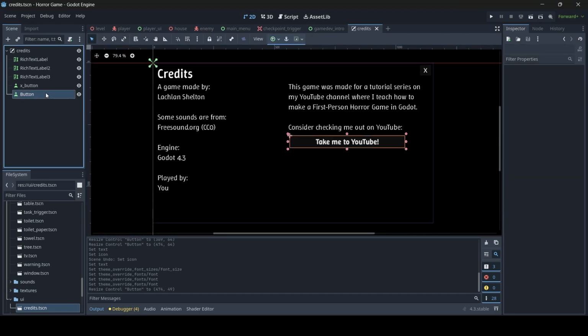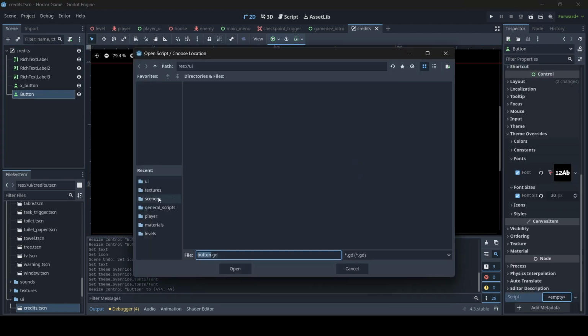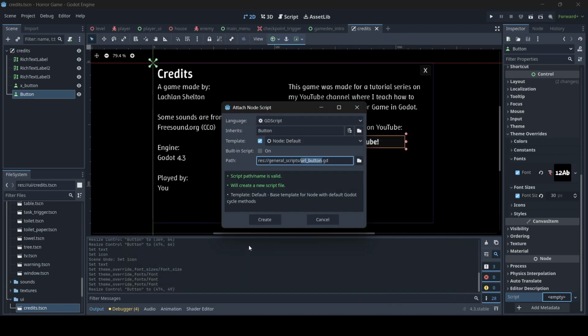Alrighty, so now let's actually make this button function. So what I'm going to do is I'm actually going to create a script for this button specifically. And we're going to go new script. I'm going to save it into my general scripts folder, and I'm going to call this URL button, because just in case you want to use this for other buttons as well, then, well, you can have just a script for it which you can include on each button. So let's go create,